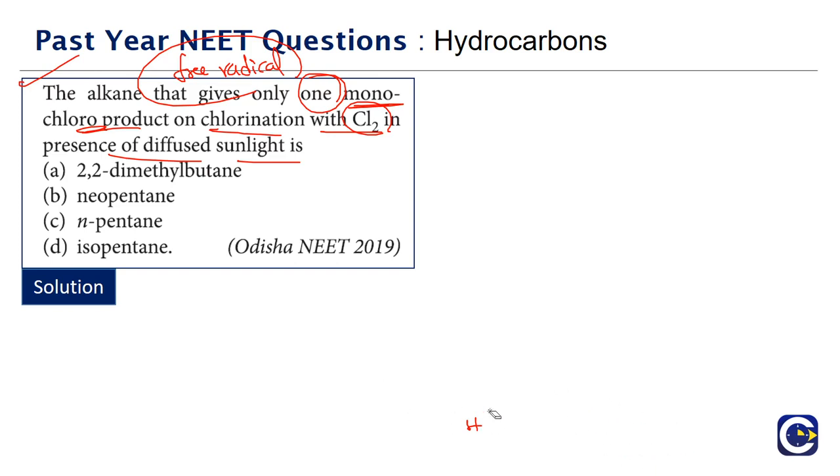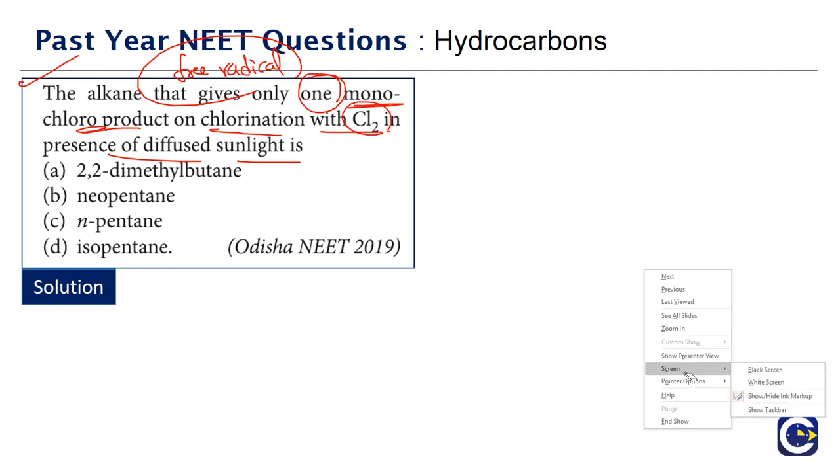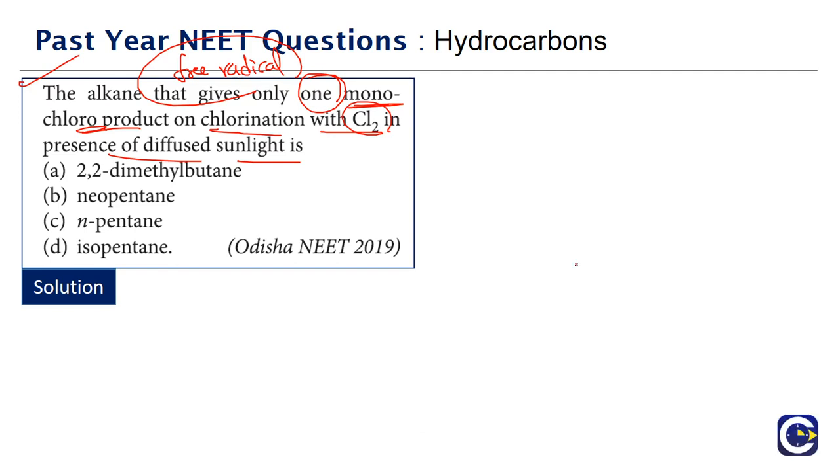In recent years of NEET we are not getting any nomenclature questions. 5-10 years before, there used to be questions on nomenclature. But it is not like we are going to completely neglect nomenclature, because when they give a name like this, if you are not able to write the structure of the compound, we cannot even solve this problem. If we get the structure wrong, then the entire problem will be wrong. So first we must be able to correctly write the 2,2-dimethylbutane structure.